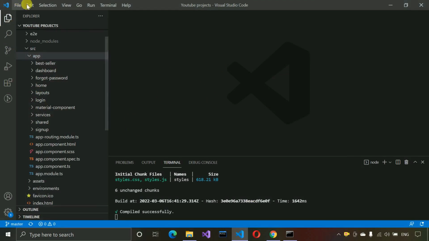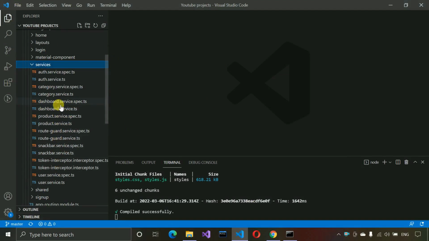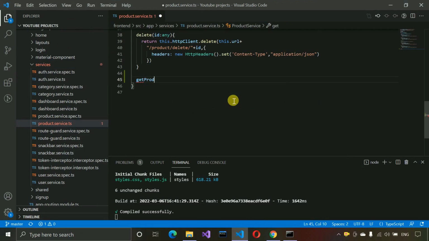So let me open the VS Code. Here you can see, and here we have to move to the services. And in this, we have to go for the product service. And here first we need to create a few methods. So get products by category. This method we need to create, and in this we just need to pass the id, and so return this